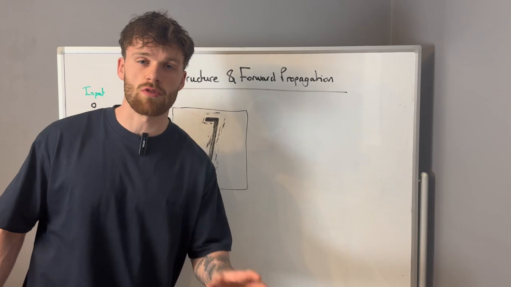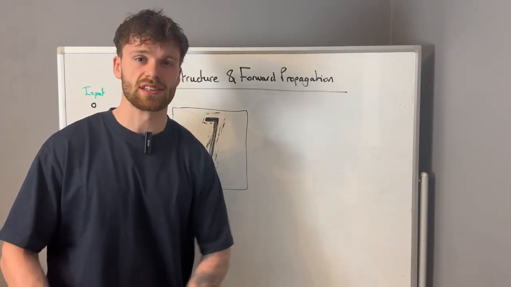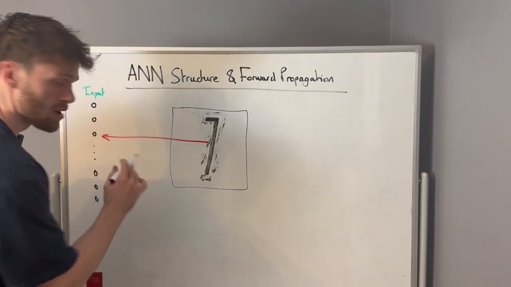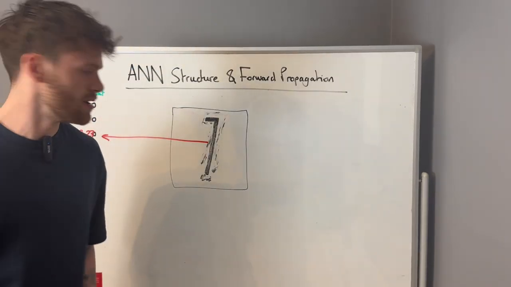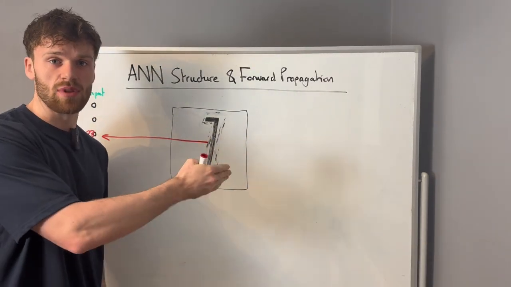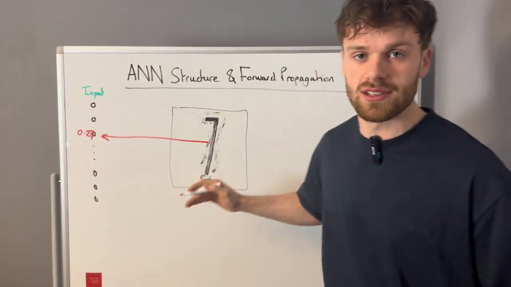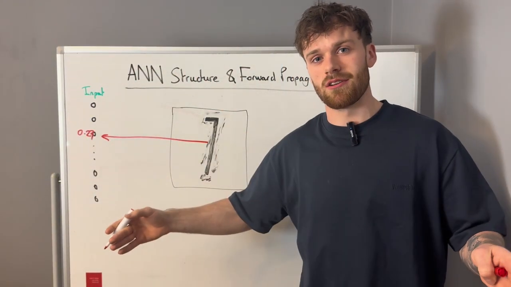The pixels surrounding the number 7 may have a gradient which is slightly on the darker side. For example, this pixel here could have a value of 0.23, let's say, because it isn't entirely black, nor is it entirely white. So each of these pixels out of the 144 would have a range from 0 to 1,